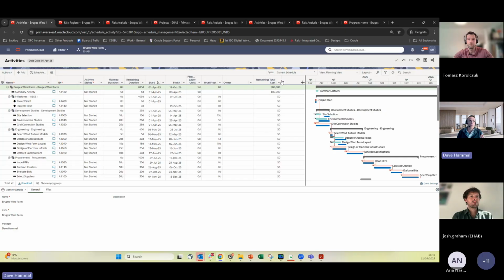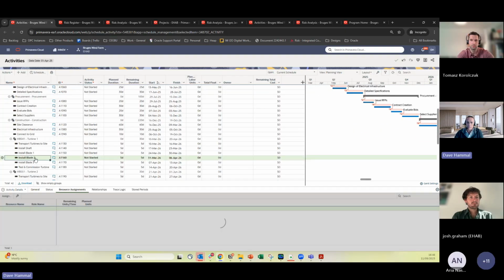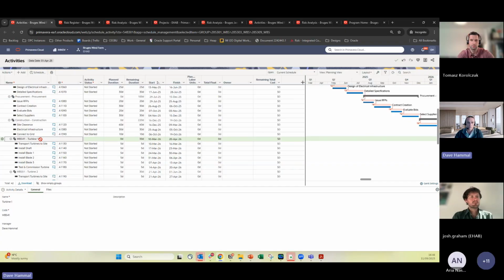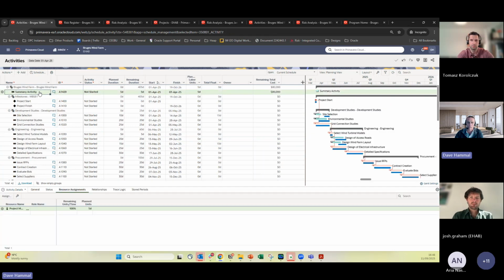So if you model the costs on the activities themselves, like if I put a cost on, install blade, and put a resource on here, I wouldn't see any additional cost, because the working time is still the same. But at any level, even down to every individual activity, I can put a resource. As an example, I've just put a summary activity that spans the whole project. In this case, it's got a cost of 80,000 based on the particular resource and the rate that it's got.